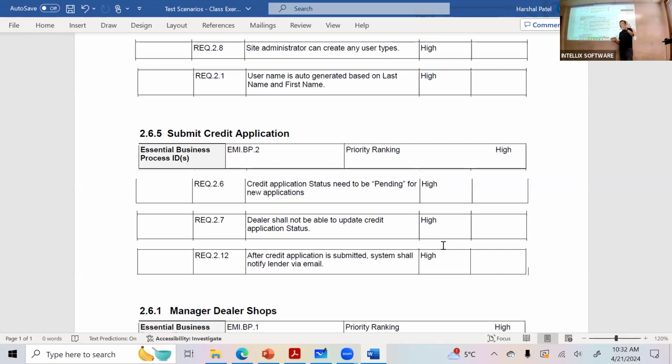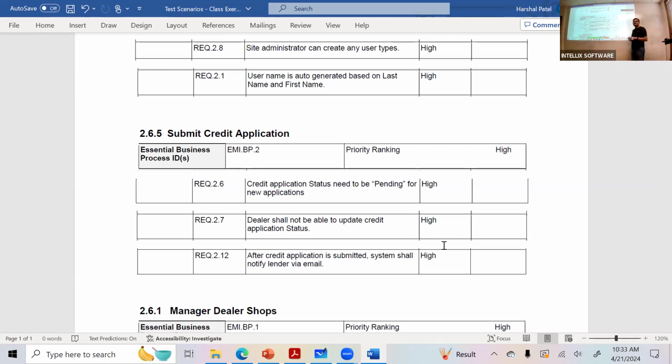So the dealer fills out everything, submits. After whatever happens to the application, it doesn't matter, right? Whether approved, rejected, who cares? But you have to go back in as a dealer and see if you can change anything. Any status, basically. So you pull up the same credit application information and see if you are able to change anything. If you are able to change any status, that means something is not working properly. So your scenario will fail, you will identify a defect. That's all it is. There are not many things. It's more like common sense. What would I do as a dealer if I have to verify this requirement?